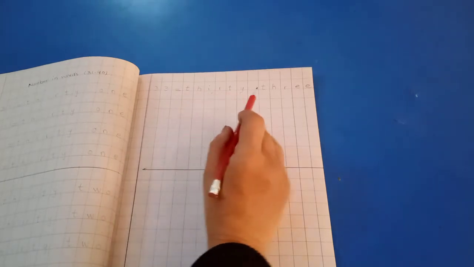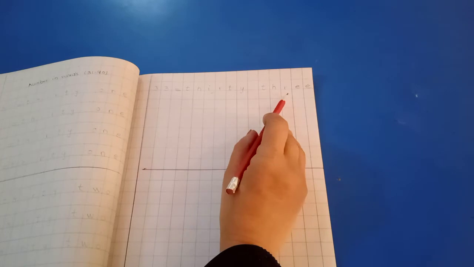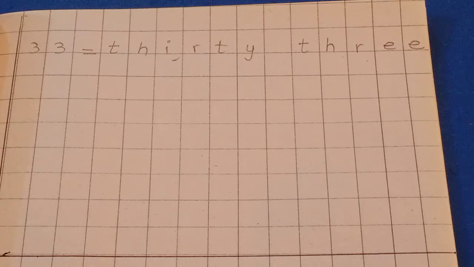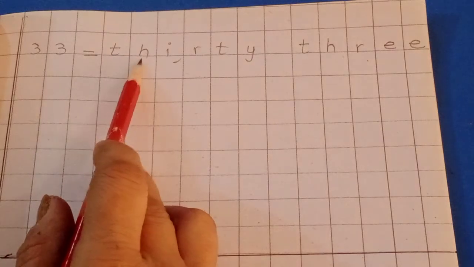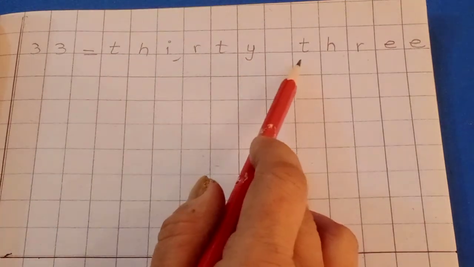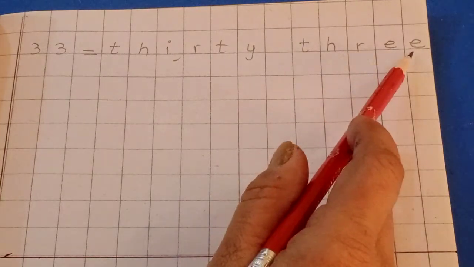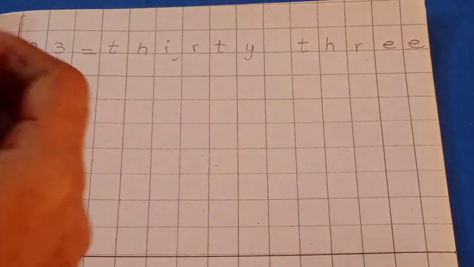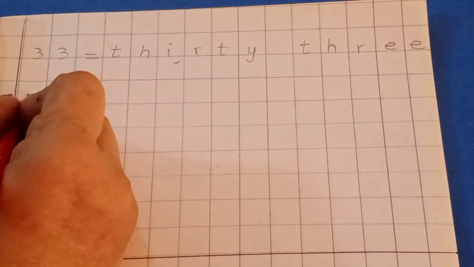THIRTY 30. THREE 3, 33. Read it again, children. THIRTY 30. THREE 3, 33. Now children, you will leave one line and here you will write again